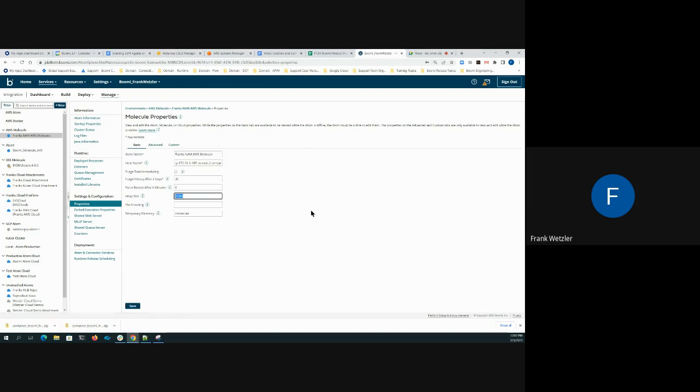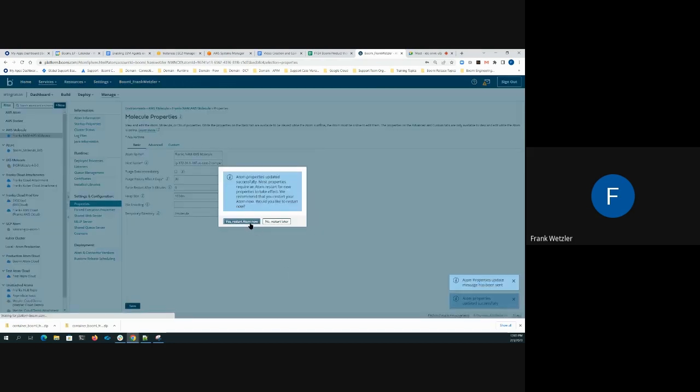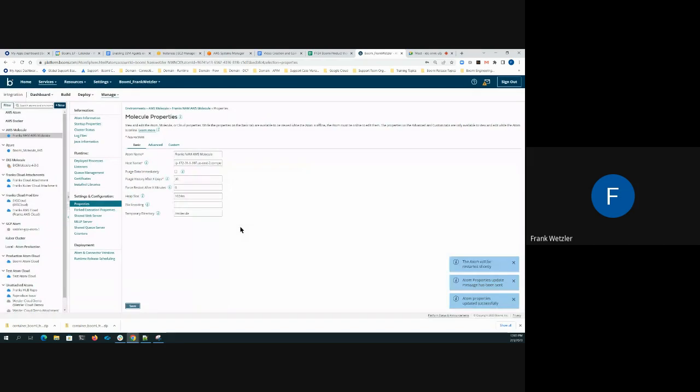In this case, we'll increase it from 512 to 1024 meg. And then we save this. This updates the platform database with the new configuration. The head node of the molecule will pull that message down and update the Atom VM options file and restart the nodes. And then the heap will be increased from 512 to